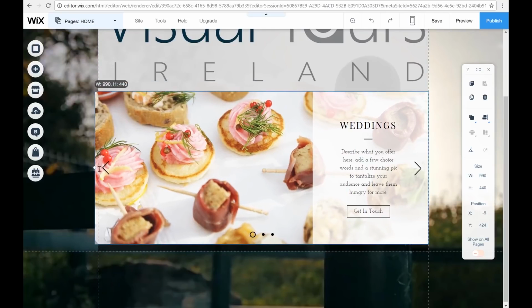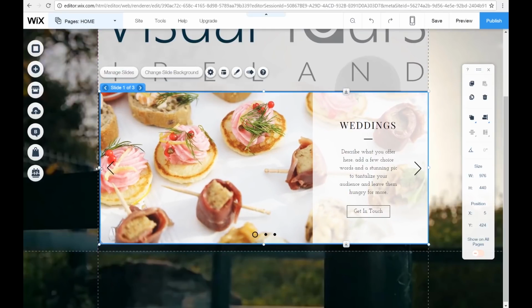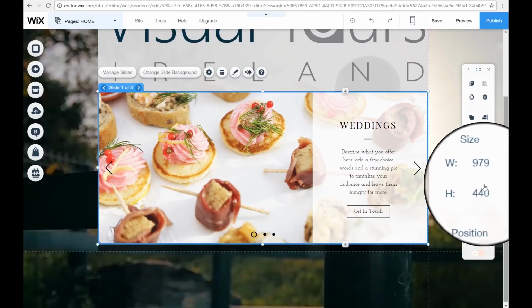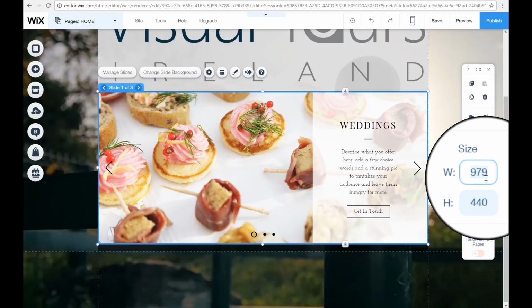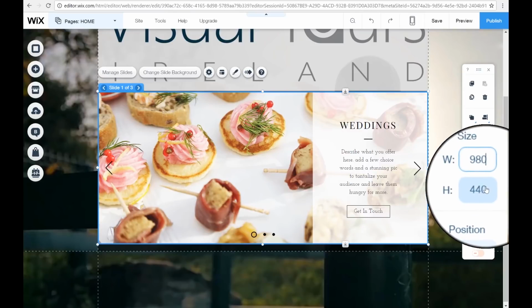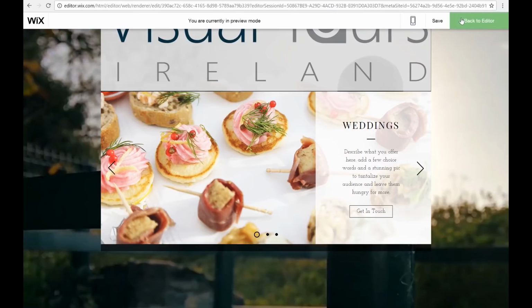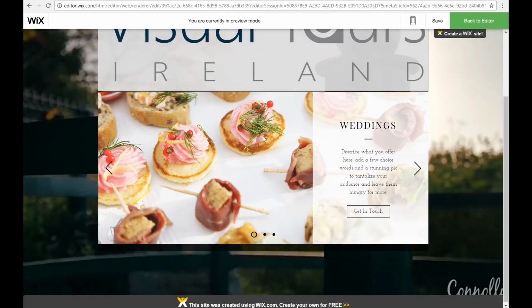Let's just make sure that it's the full way across, which is normally 980 by 440. I'm just going to preview that and check. Yeah, so I'm happy with that.